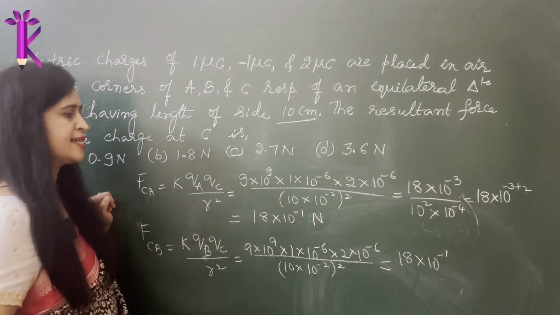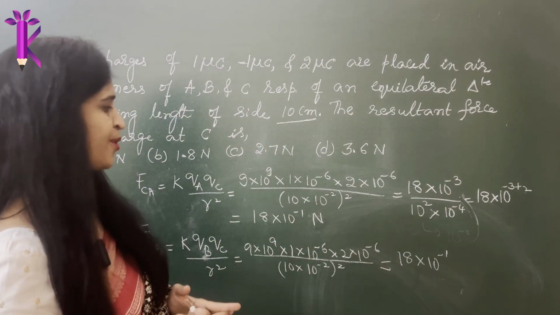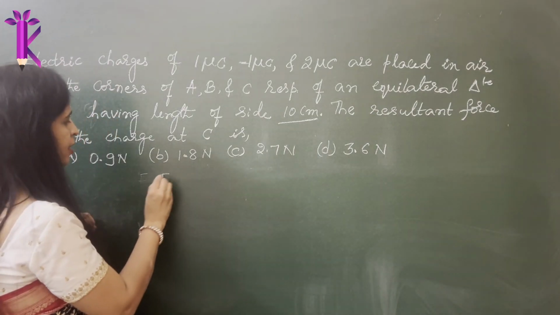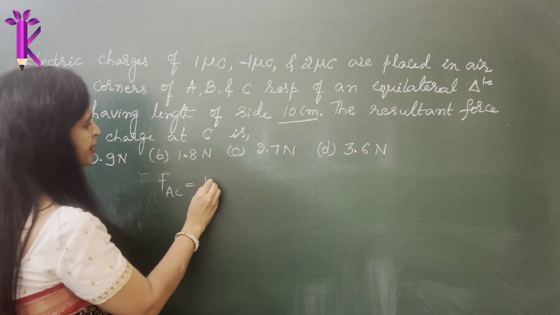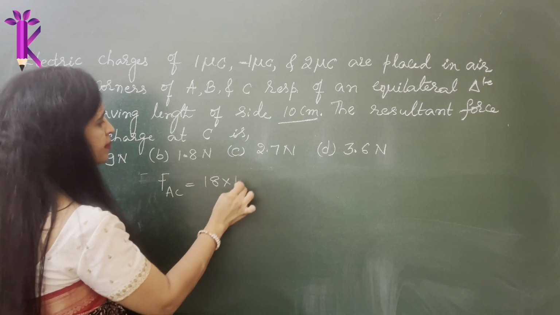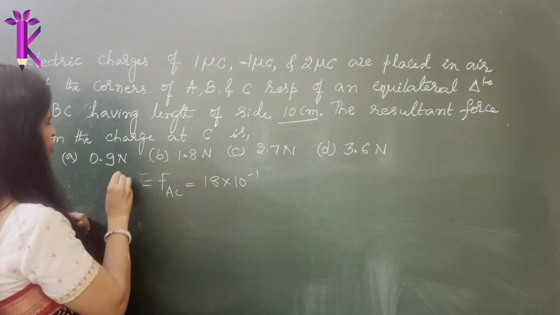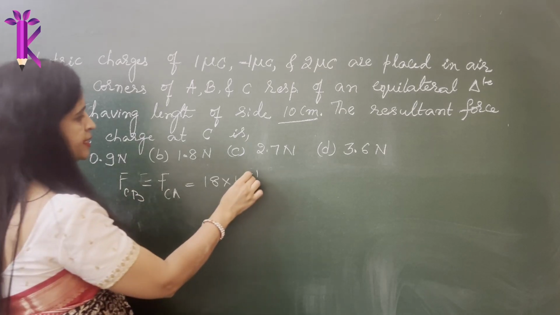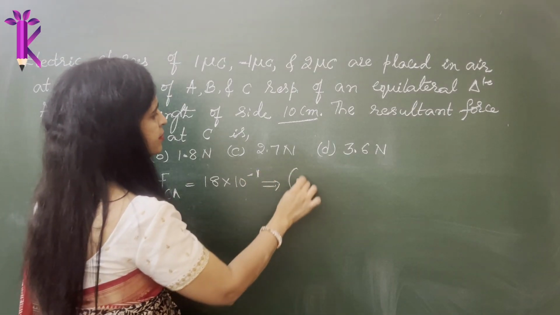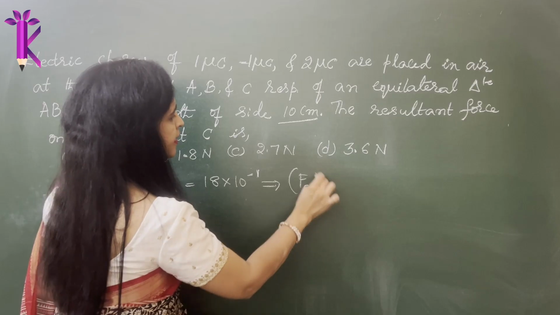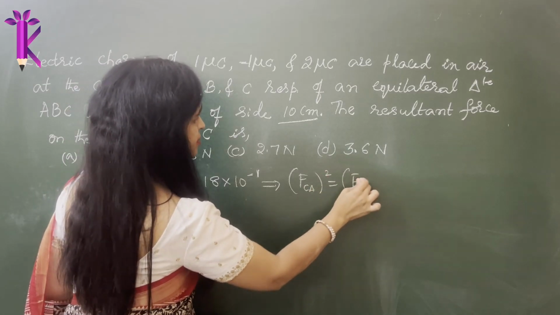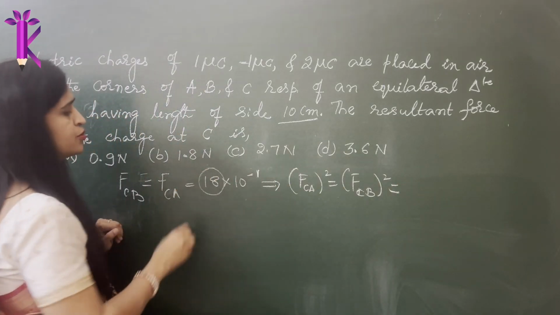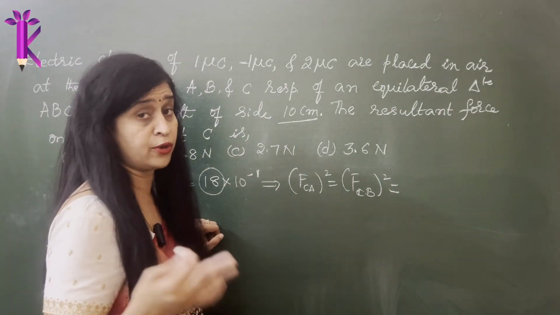Now we need to square these numbers. This is where we are going to do the approximation. I'll show you in a while. Yep, so here's the reveal. Force on A due to C was found to be 18 into 10 to the power of minus 1. Force on C due to A and force on C due to B were both found to be the same, but we need to square them. So how much is FCA whole square, which is also the same as FCB whole square, because both the values are the same? If you do know 18 square, which is 324, it is fair enough.